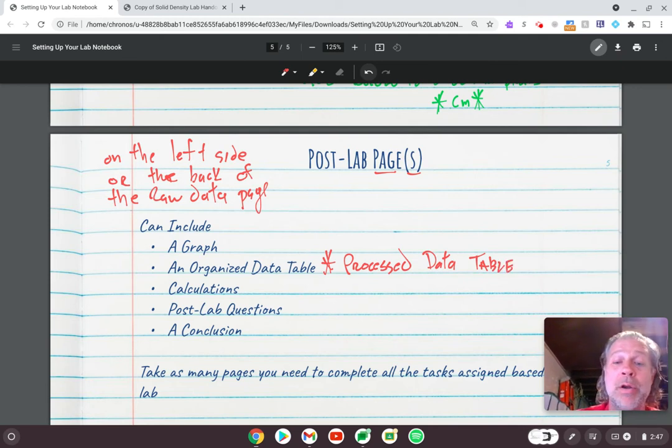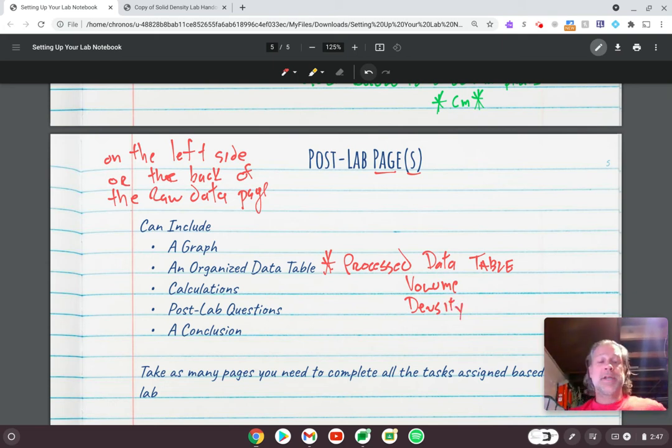This might be where your volume, hint, hint, wink, wink, nudge, nudge goes, or maybe your density, hint, hint, wink, wink, nudge, nudge. Okay. There's also going to be a spot for you to do calculations, or if you have calculations that you can do really quickly, you're going to do them here. And usually it will be in a formula,